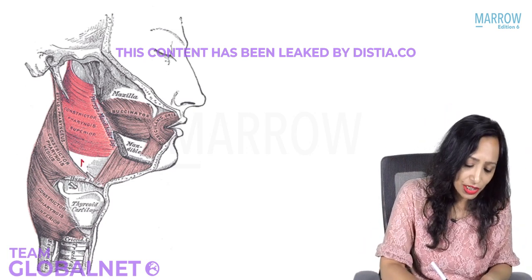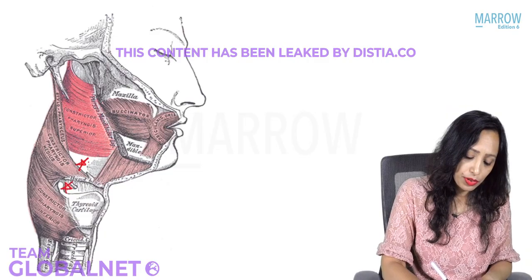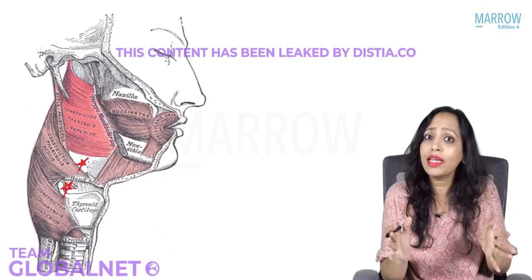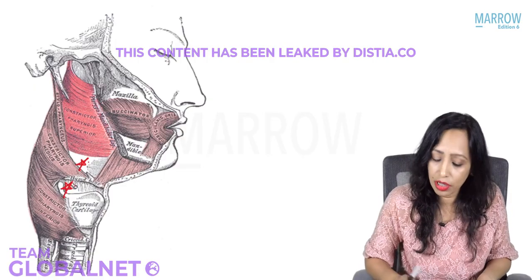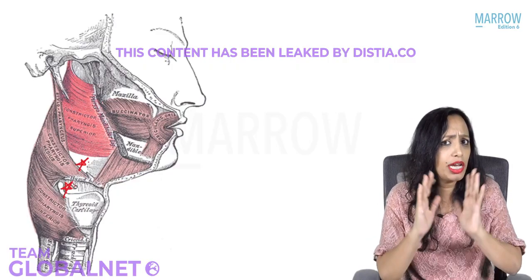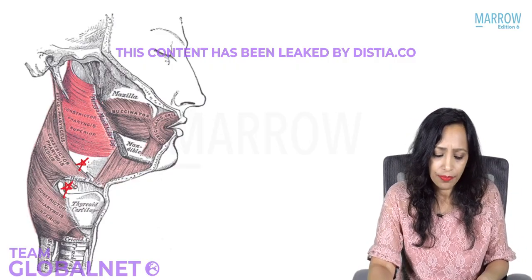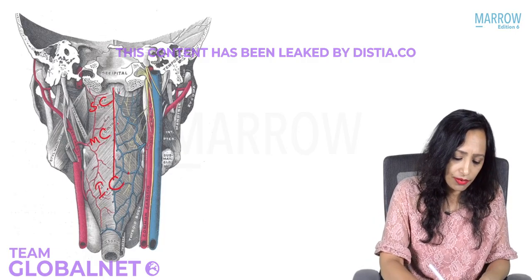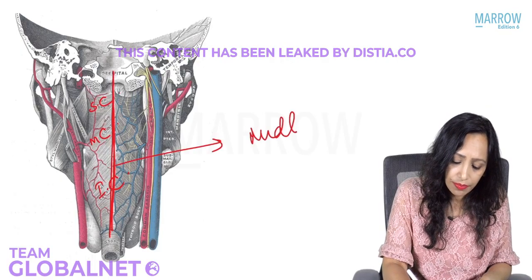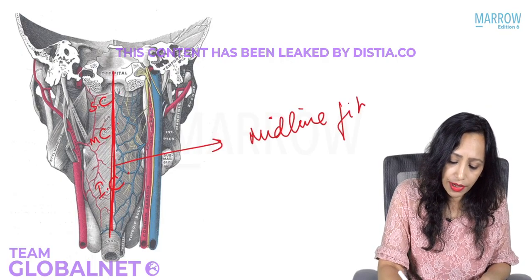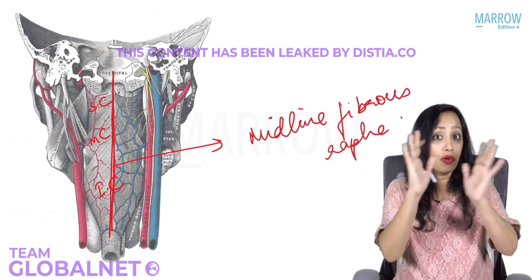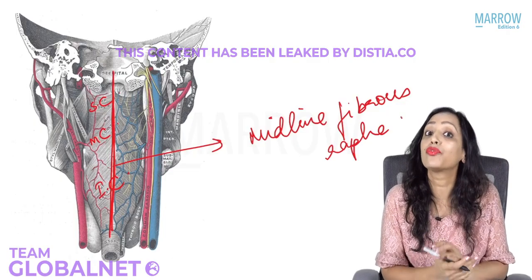Can you see there are gaps here? One gap, two gaps. Yes. So why are these gaps here? Because laterally these constrictor muscles do not overlap each other. All the constrictor muscles have different sites of origin anteriorly. Posteriorly, all of them go behind and attach to the midline fibrous raphe, right? In the center is a midline fibrous raphe. So they overlap each other, whereas anteriorly the sites of origin are different.